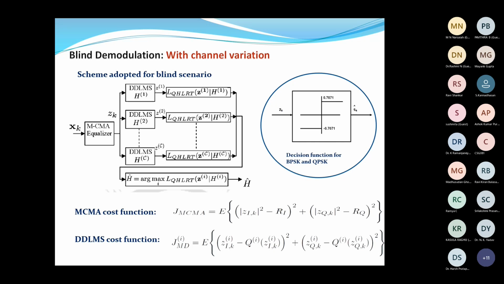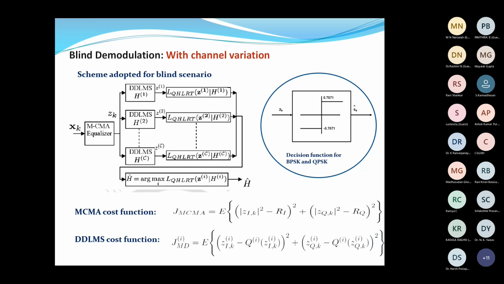So here we have adopted a totally different scheme, and this is a cascading stages of modified constant modulus algorithm equalizer and modulation specific decision directed LMS equalizers. Now, as you have seen from the scheme, the first stage is a modified constant modulus equalizer, and the output of that equalizer is different branches of modulation specific DDLMS stages, and each of the DDLMS stages designed as per